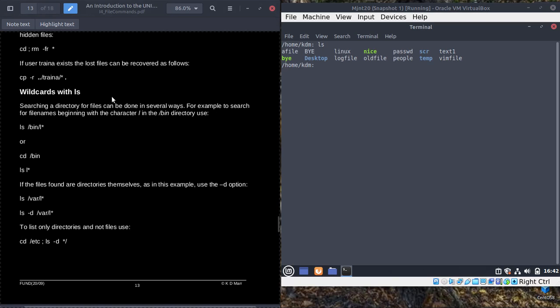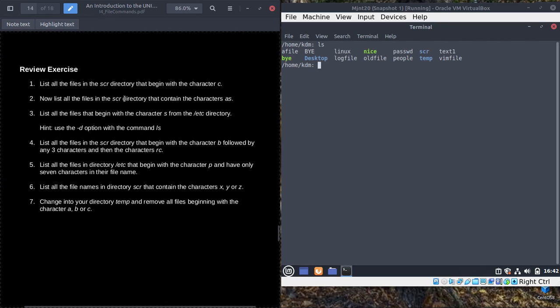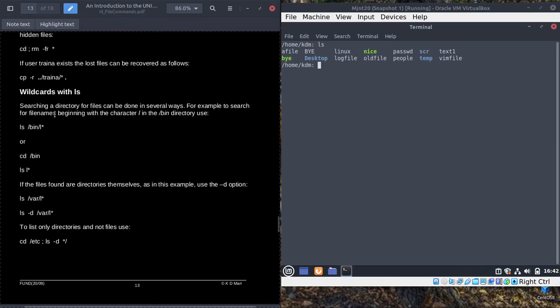Now searching is pointless doing this actually. This explains what you need to do in the review exercise that you've just done. Basically it says when you're looking for something that begins with, so ls on bin, I'll go over it again, files that begin with, I think that's an L asterisk, you can do it like that and get full path names, or you can cd into bin